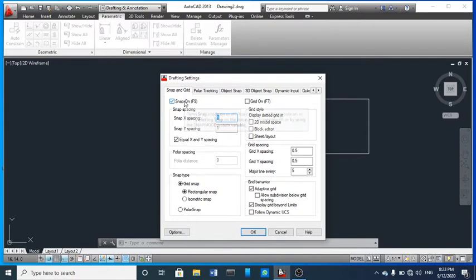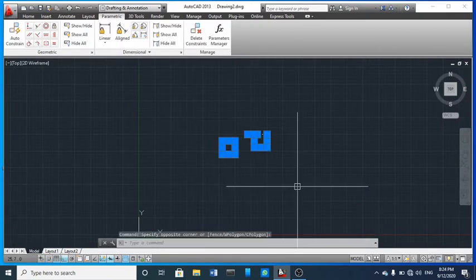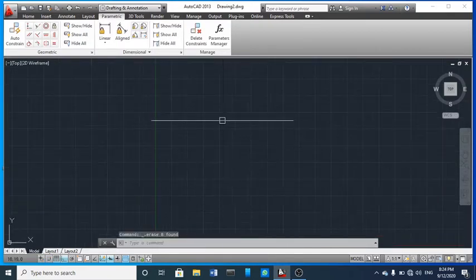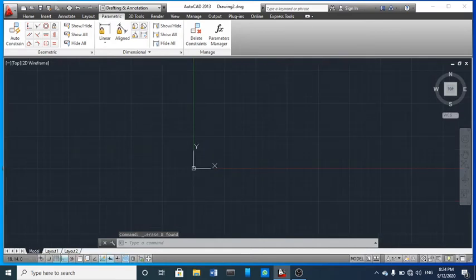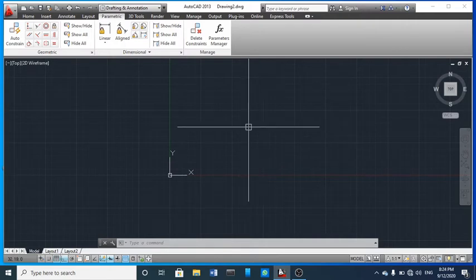Now I'm going to turn off this command because we don't need to fix any spacing. So I'm going to turn this off and come to the next one, which is F7. If you click here, then you can see grid lines are coming. So these are the grid lines. Basically this is for beginners who want to make a drawing as per specified lengths, if they require.